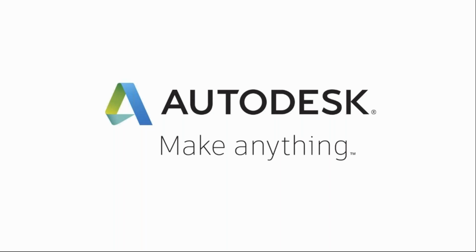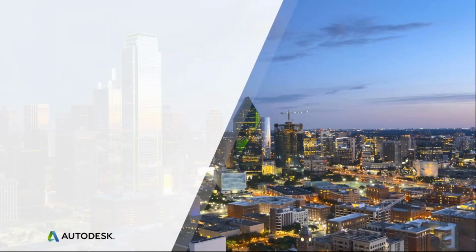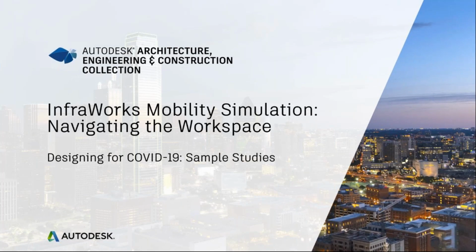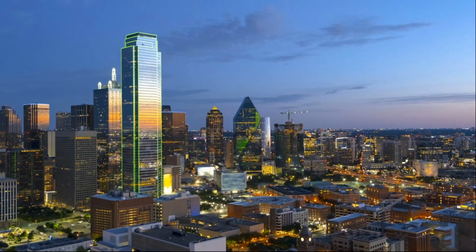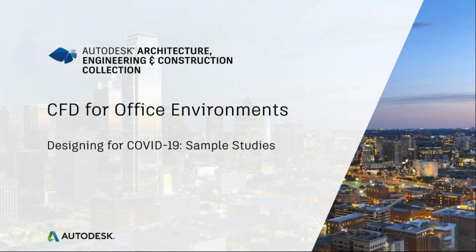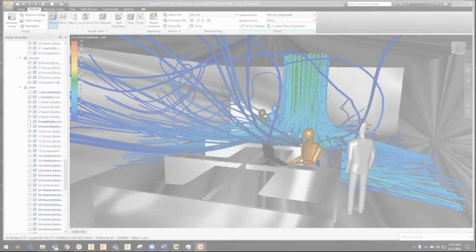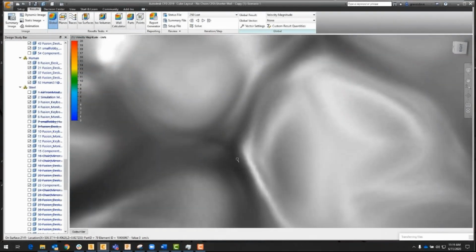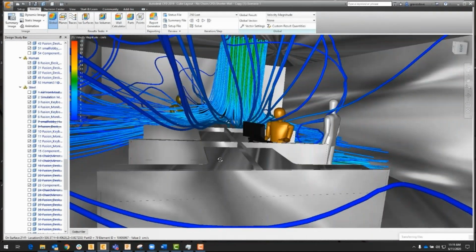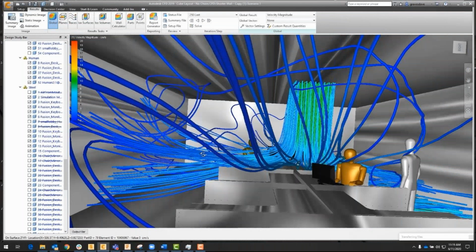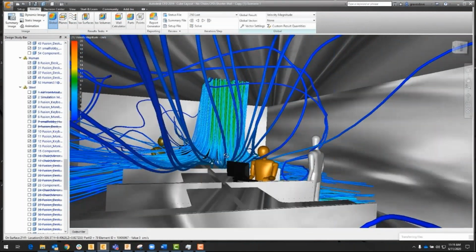We wanted to give you tools where you can analyze different scenarios to take the best decisions. And finally, the last part, we talk about the office environment, how I can control the spread in the office environment. What if my manager comes over and stands over my head, right? And again, how do I control that scenario? How do I maintain that physical distancing?